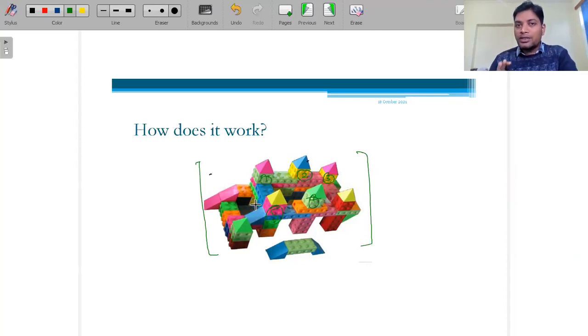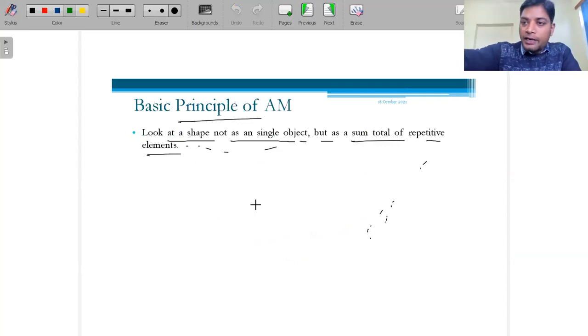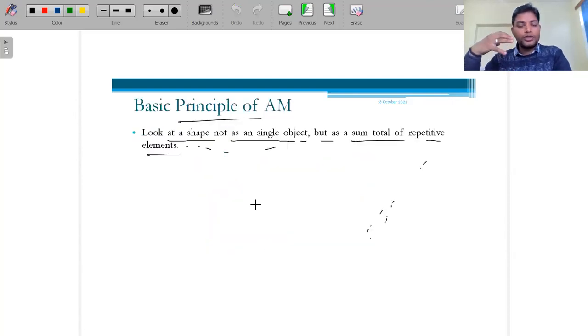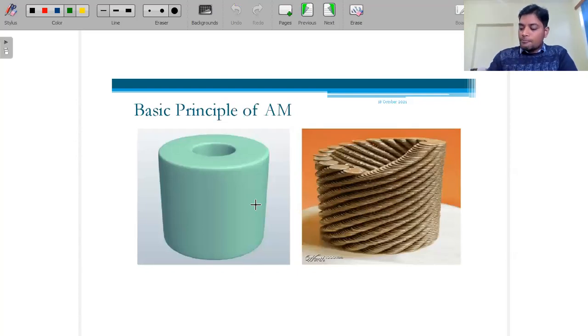If I'm talking about step by step, for example, if we are talking about a single element, like this cup, and we want to manufacture this type of cup from plastic materials, thermoplastic materials especially, we will manufacture it one by one, meaning layer by layer. First the bottom layer is prepared, then another, then another, like that. So one thing is clear from this figure: we should not consider it a single object, but consider it as repetitive elements. That was the first approach.